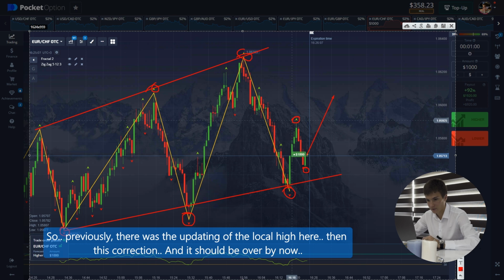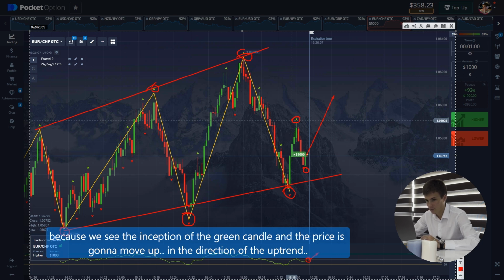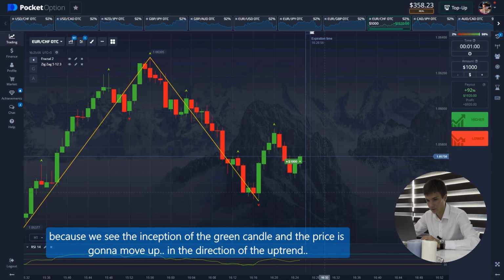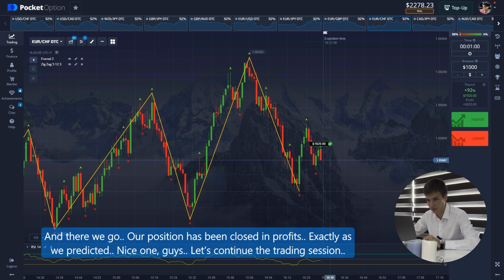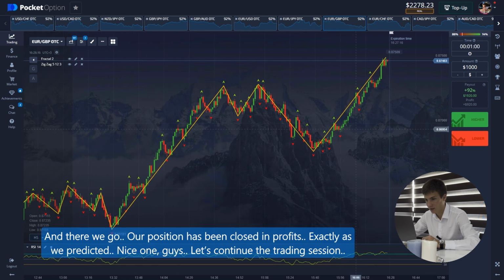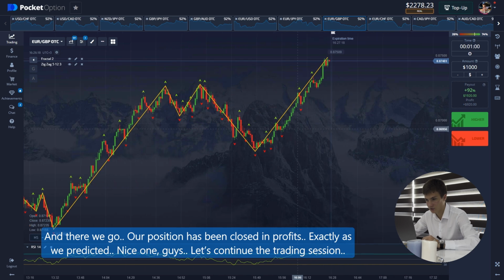So previously there was the updating of the local high here, then these corrections, and it should be over by now, because we see the inception of a green candle, and the price is going to move up in the direction of the uptrend. That's why we open a long, and there we go. Our position has been closed in profit, exactly as predicted. A nice one, guys. Let's continue the trading session